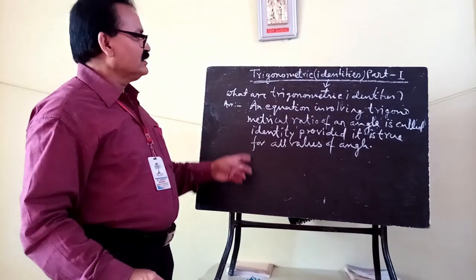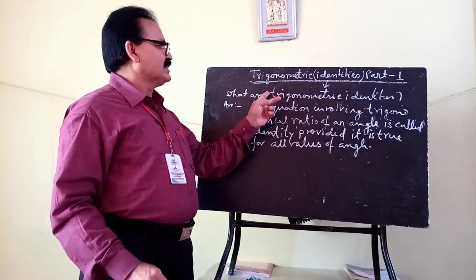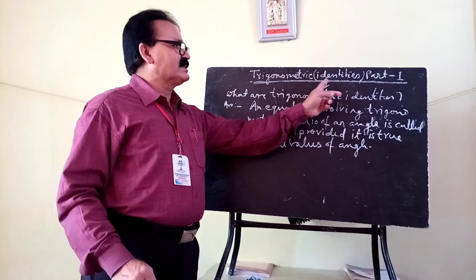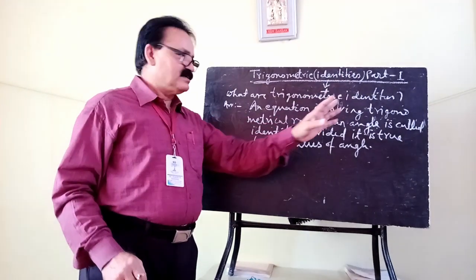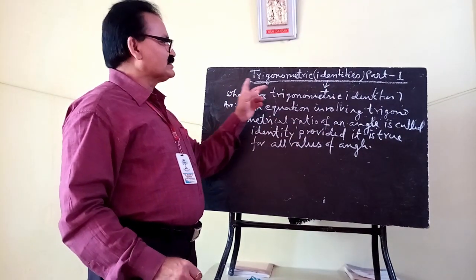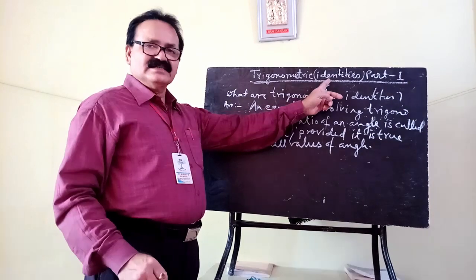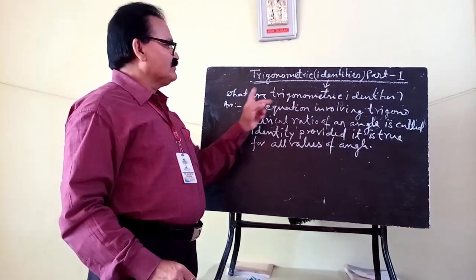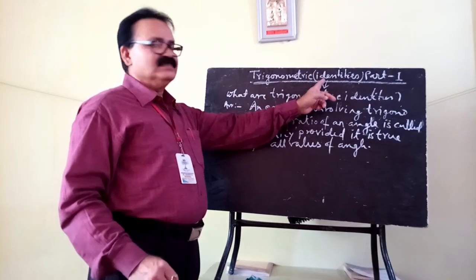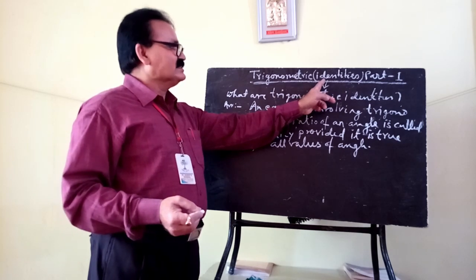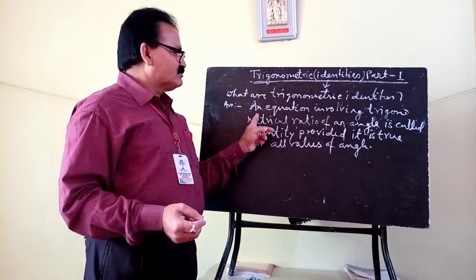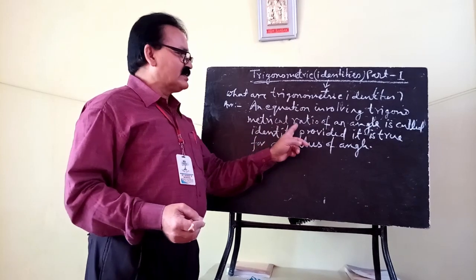So dear student, today our next part of this chapter, that is trigonometric identities part 1. In this part we will describe various identities. Now the first term that will come from the word identities, you can say an equation involving trigonometrical ratio